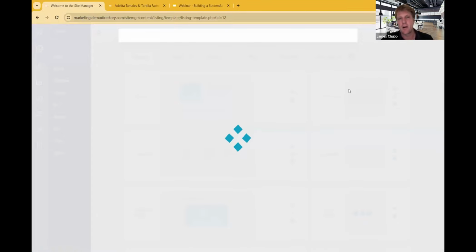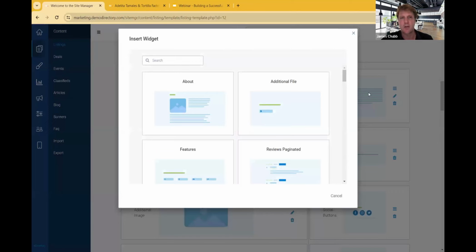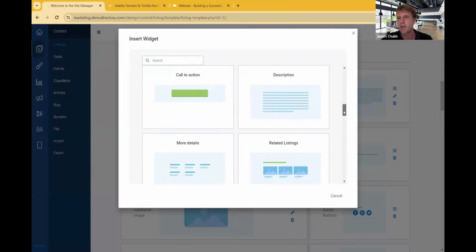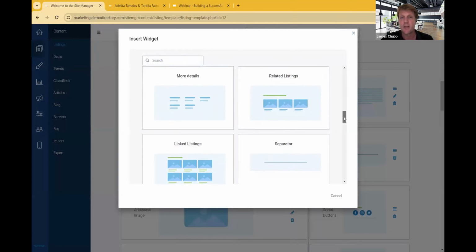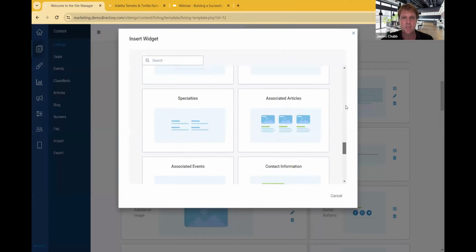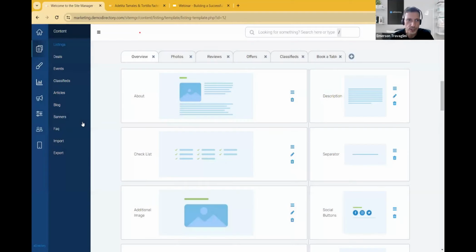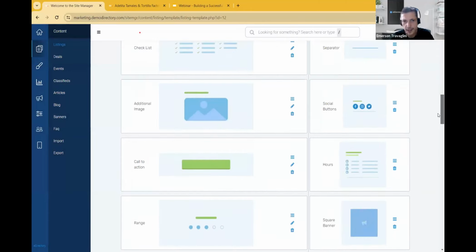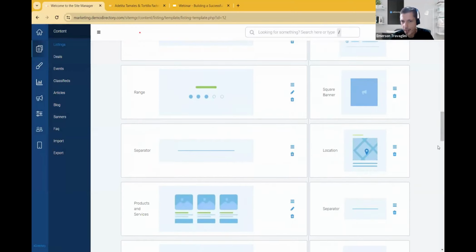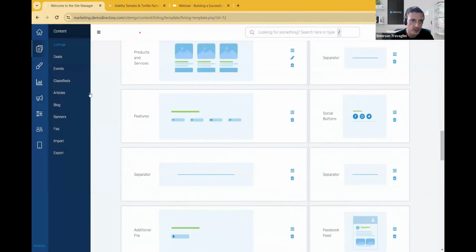I was wondering if you could show just quickly how to create a custom page in general, so people can do things like an article, a top 10 list, or some information around a specific niche or category, those kinds of things. Okay, sure. Let me just close here. I was showing the types of custom fields people can create: long and short description, checklist, buttons, range, among many others. So to create pages, we go here to the design menu and then page editor.